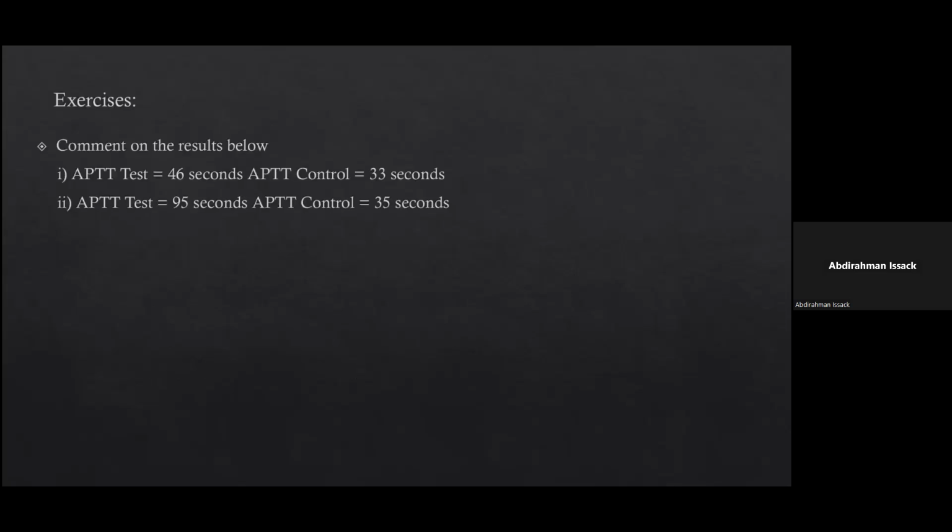Anyone to comment on this test? First of all, the normal ratio is 35 to 45. Anyone to comment? For the first example, the test is 46 seconds and the control is 33. This one is prolonged very much. And the second one, the control is 35 and the test is 95. All of them are